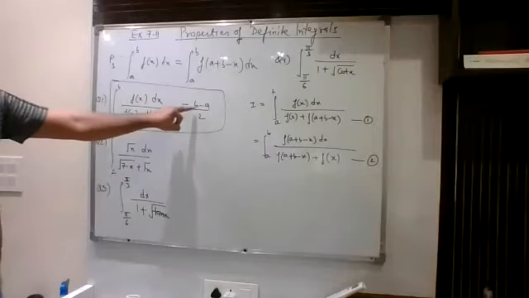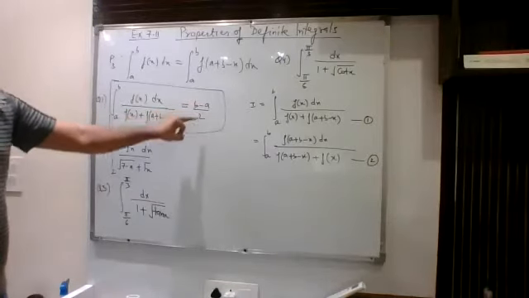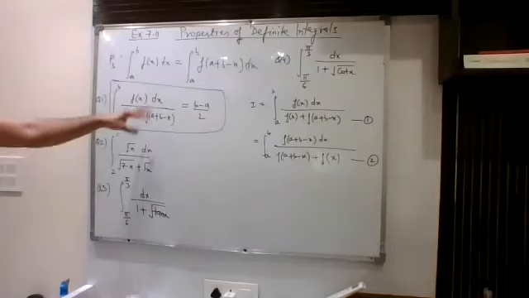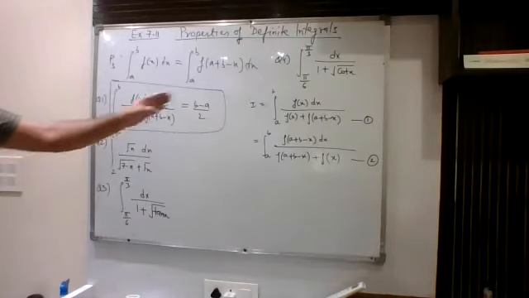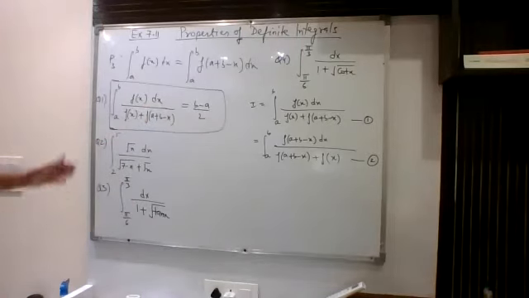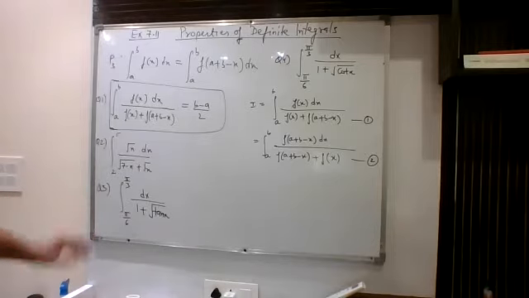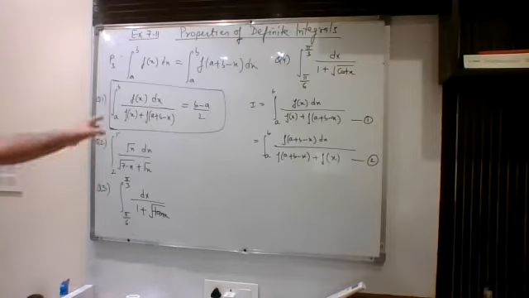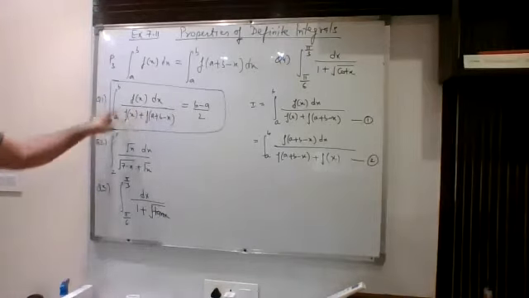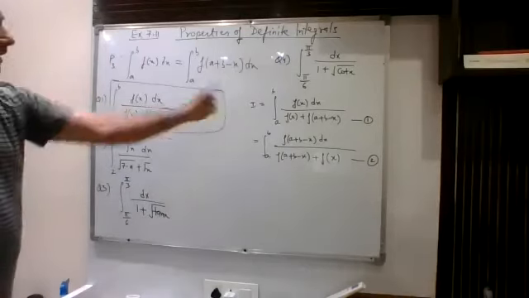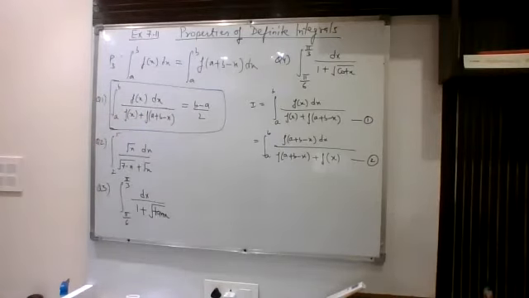We can write the answer as (b minus a) upon 2 for such type of expressions. So now we are going to prove it, and then for other questions we can directly write the answer. We can show the procedure also, but we can directly write the answer if you want. So I am treating this as an integral I. That is what I had written over there. I am calling it number 1.